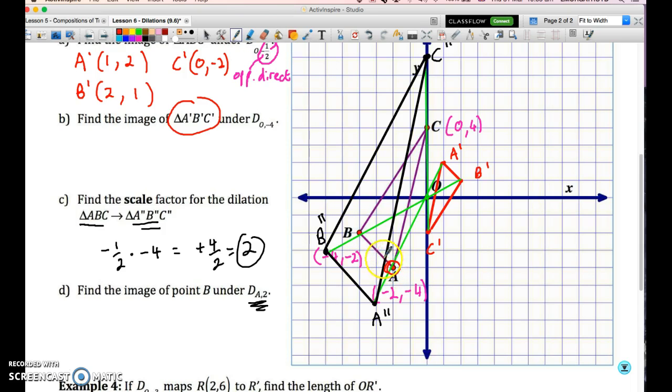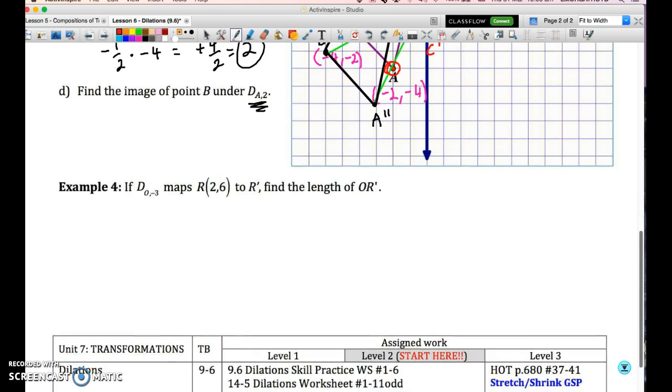You can see I'm going diagonally across. I'm going to go another 2 blocks on, which is going to be twice as far from A in the direction of B. Not very well drawn. And then I'm going to figure out those coordinates. 1, 2, 3, 4, 5, 6. So we're at the point -6, 0. And that is the image of B under the dilation with A at the center with a scale factor of 2. Okay, last question. If we've got the dilation centered at O with a scale factor of -3,